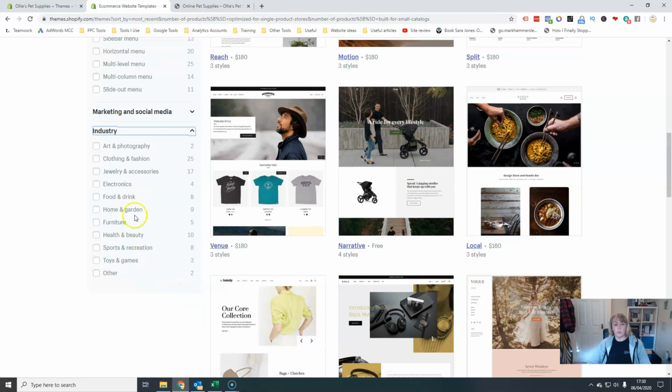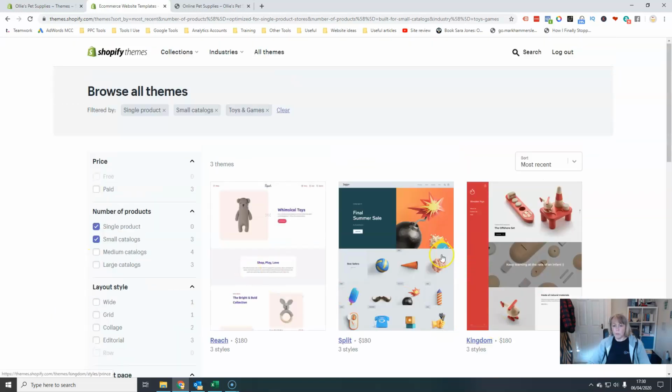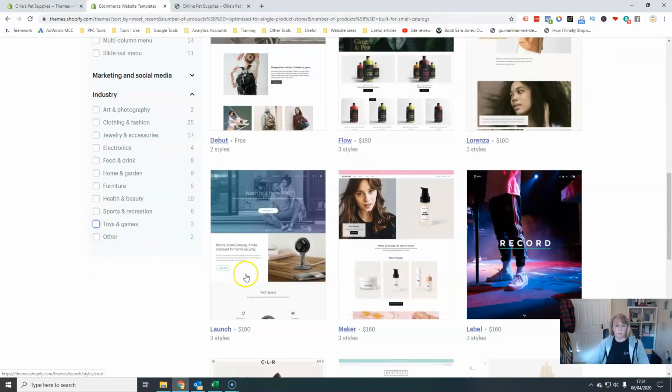Incidentally, for industry, this really is just for look and feel. If you're selling clothes, you can go to toys and games and pick one of these themes, even if you're selling clothes. You can mix and match. It doesn't mean you can't sell clothes on a toys theme, but these are themed for toys, just like the layout and the colour and the look and feel and that kind of thing. So find something that you like. It's important to remember that